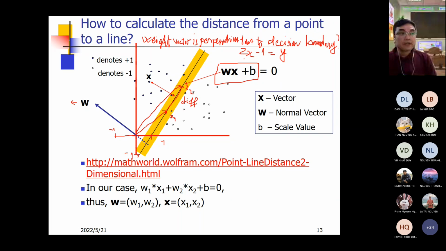So if we make a particular model, for example a linear classifier like this one,